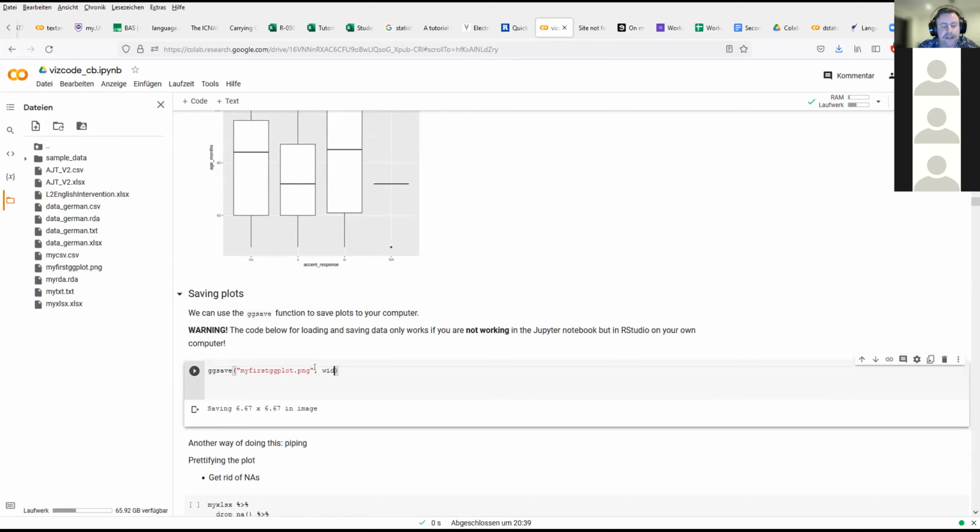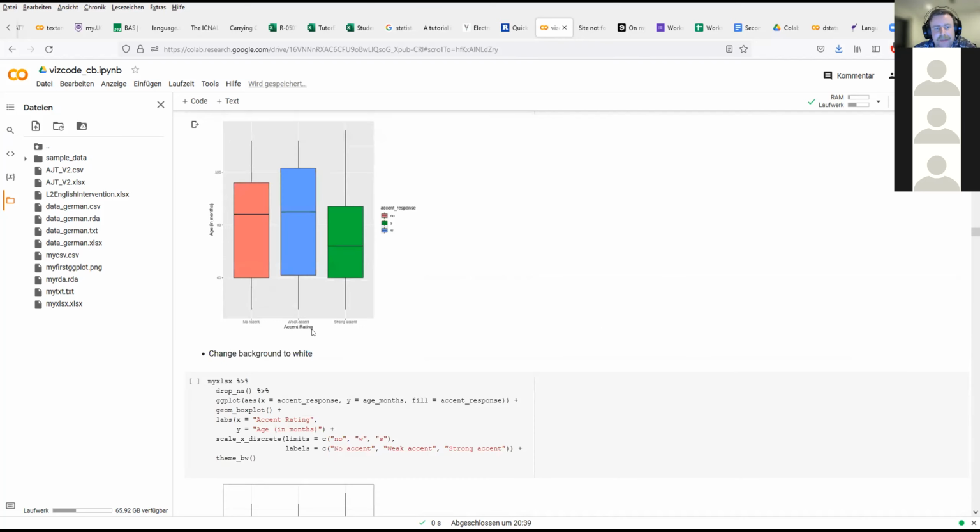You can say width equals 6 and height equals 4, right? And then when it's saved, it will adapt the dimensions, and that can help you spread out the plot so that you don't need to change the direction